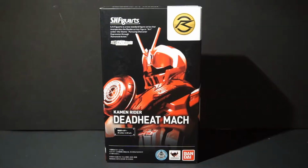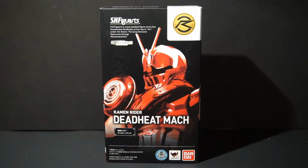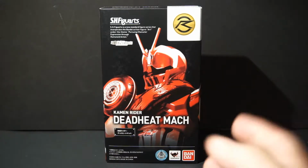Hello people, this is Power here with the review of the SH Figuarts Thomas Web exclusive PowerRider Deadheat Mach. This is Mach's power up, I'm going to say, that he gains after Drive does with Type Deadheat. And basically, Deadheat's a fusion of Drive Type Speed and Mach, so